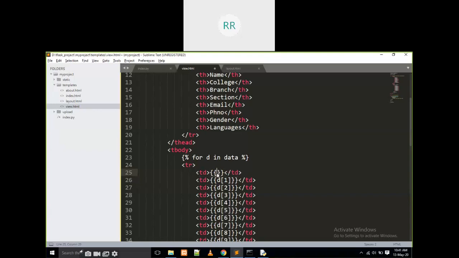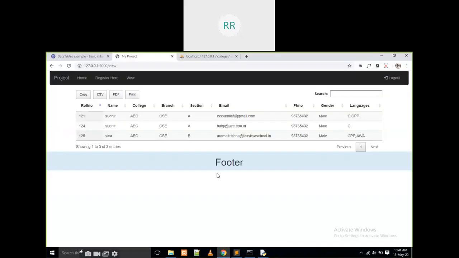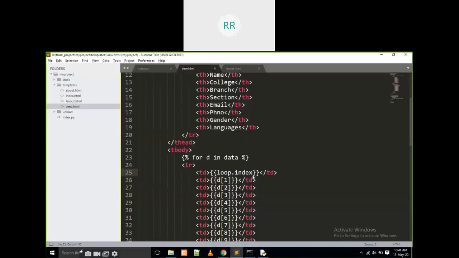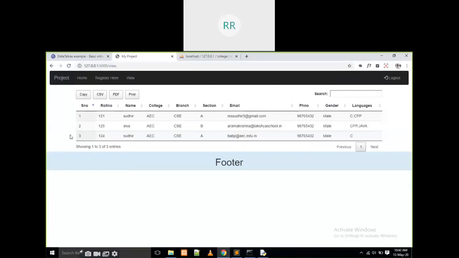This is, I think, loop dot index. We write loop dot index. It will work like this: 1, 2, 3. This is the loop dot index. It will automatically be taken as 1, 2, 3, like this. Is it clear, everyone, what I am doing here? How to display the data from the database?